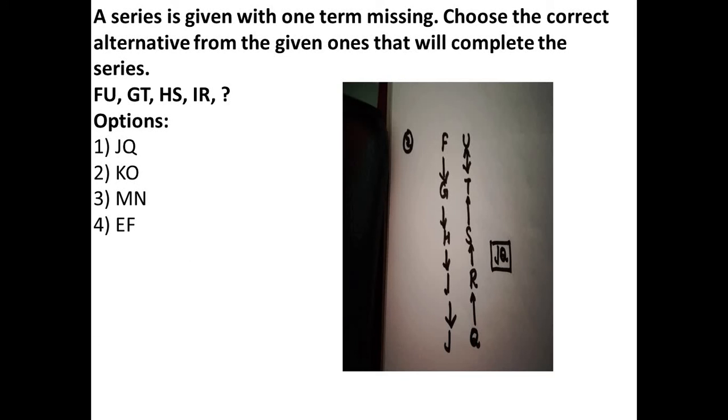Okay, next question. See, there is a series, one term we have to find, that is the final term. See, F U G T H S I R, what is the next term? If you see F and G, I told you to write it in vertical way. So when you write it in vertical way, after F you get G, after G H I, so obviously it would be J. The only option with J is the first option. Anyway, you check the other side also. U, T, S, R, that will be in opposite reverse order. See, Q, R, S, T, U. So the option is J, Q.